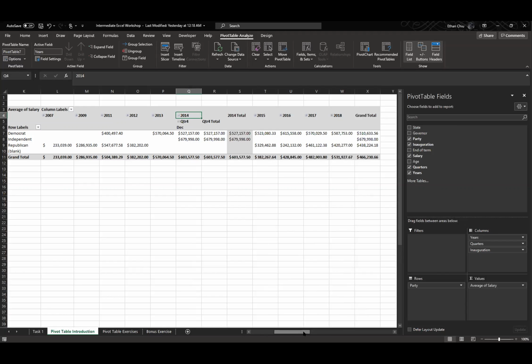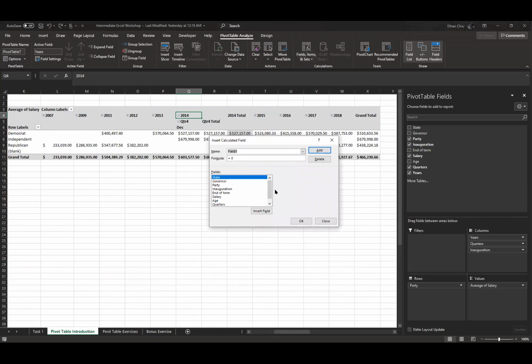Something that I did forget to mention for calculations: under fields, items, and sets, if you do a calculated field, you can have a specific formula given a field, right? So you can name the field whatever it is, and then you can have, say, I don't know, average for the end of term, right? We can just say average end, and then we can just say average,